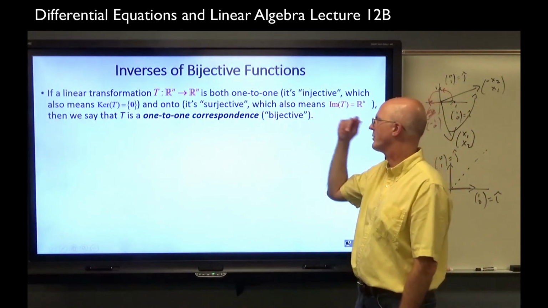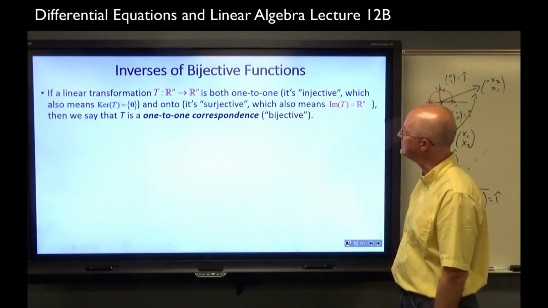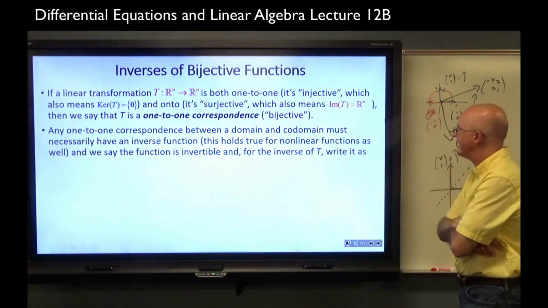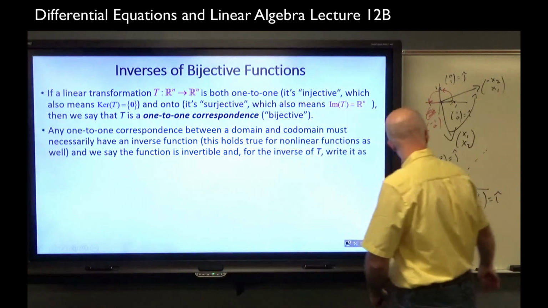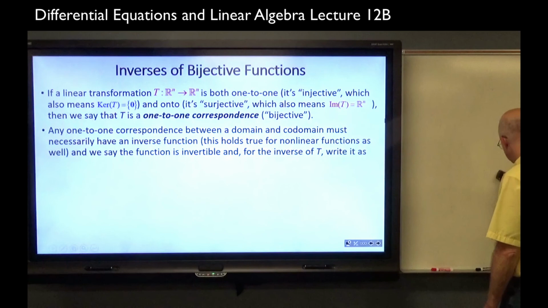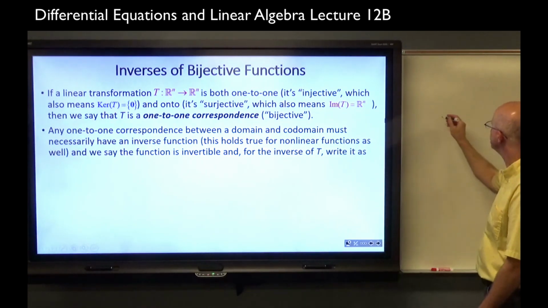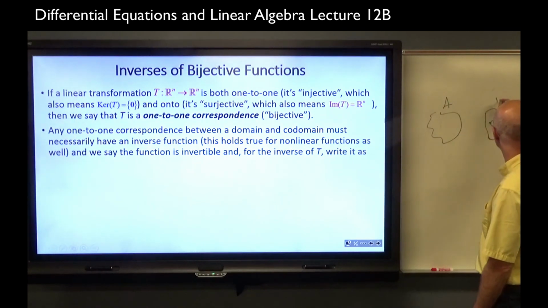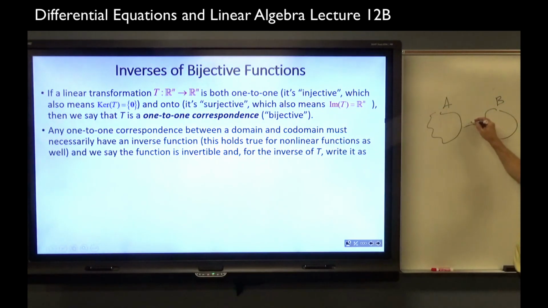I'll probably use both words, one-to-one correspondence and bijection, or I will say it's bijective. Any one-to-one correspondence between a domain and a codomain must necessarily have an inverse function. This is something you should have learned in algebra before college. I mean, high school algebra. Maybe you've forgotten it. If this is your domain, call it A, and this is your codomain, call it B. And you've got a function that's mapping from A to B,